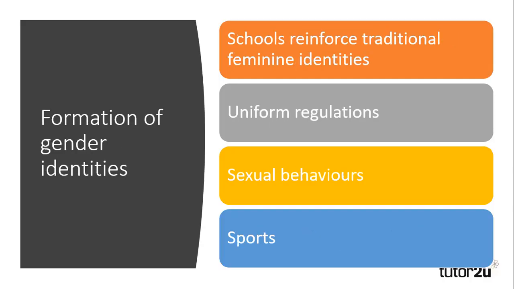Feminists also are concerned with the role that schools play in the formation of gender identities. Many would criticise education for enforcing traditional stereotypes of gender identity onto girls while they're in the education system. This is achieved through enforcing uniform regulations that mean that girls need to conform to feminine but passive gender identities. Girls' appearances are routinely controlled through being told what they can and cannot wear.